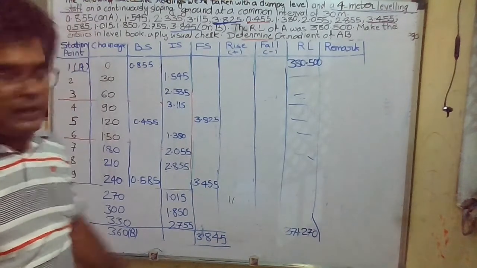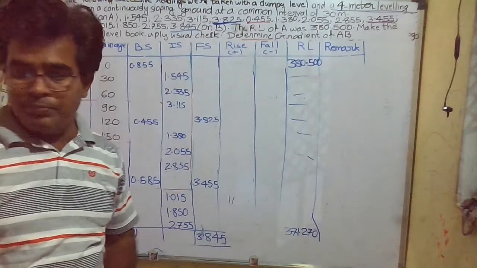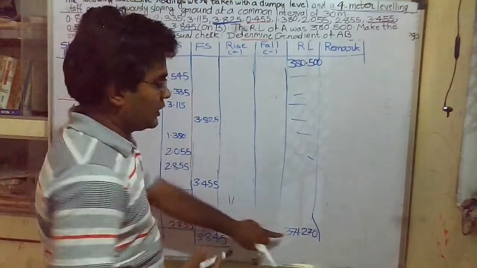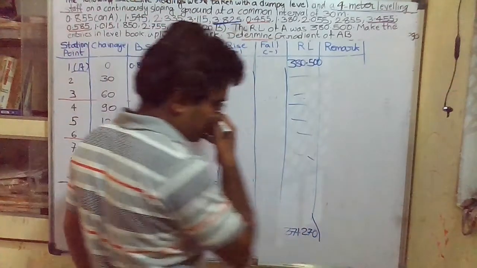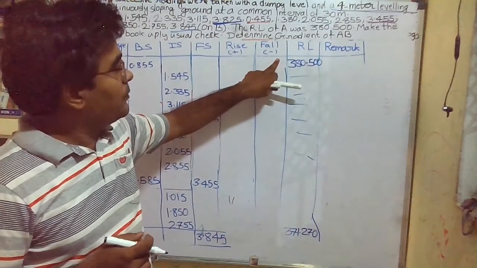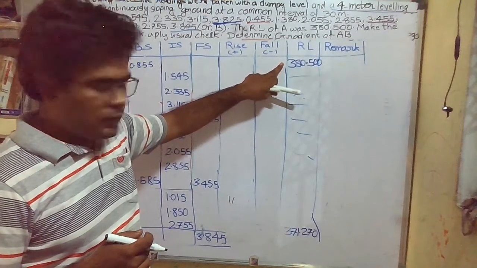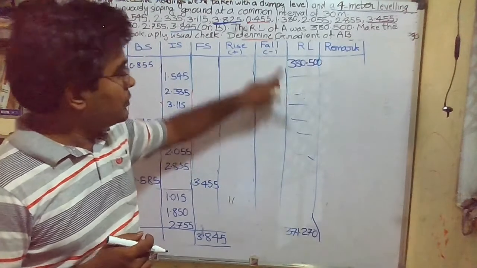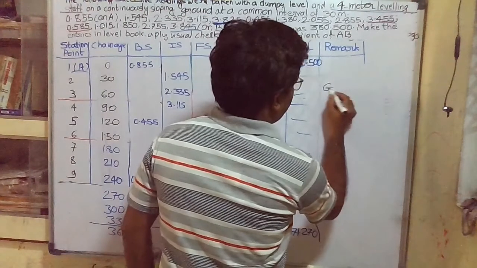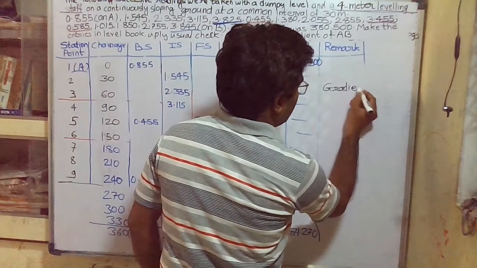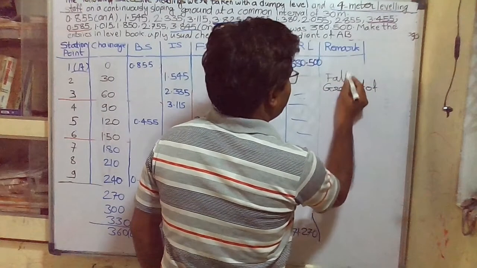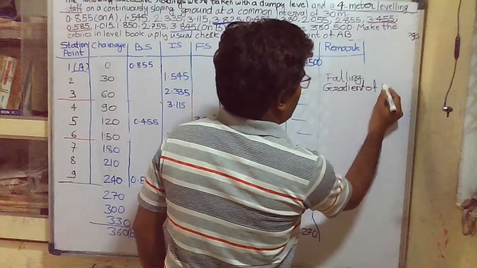Then what do we have to find out here? We have to determine the gradient of line AB. So how do we find the gradient of line AB? Here, after getting the RL of the last point, we have to find the level difference between point A and point B. It will be got by subtracting 371.270 from 380.50. So here we can write it down, or we can write it as a falling gradient, as it is given, falling gradient of